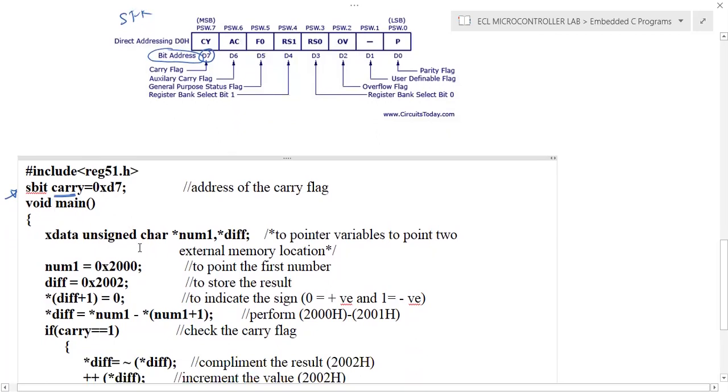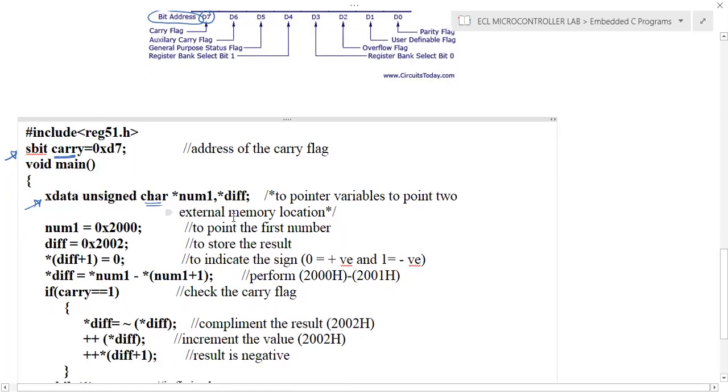So within the program, you can see xdata unsigned char. xdata is used to point to the external RAM memory location. And here you can see that both the variables are declared as char. The source and destination address pointers are declared as char, because we can store the values from 0 to 255 for 8-bit addition or 8-bit subtraction. So the maximum value is 255.